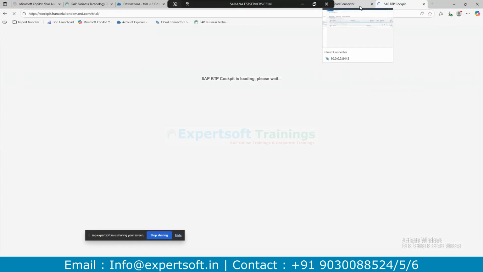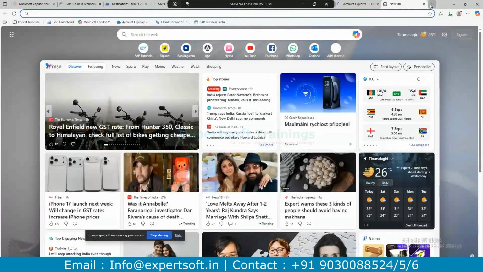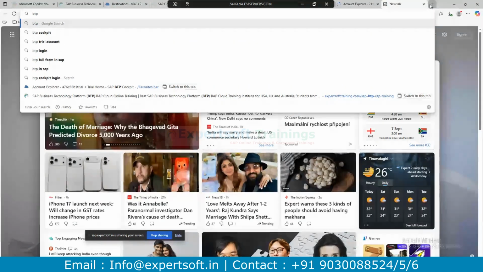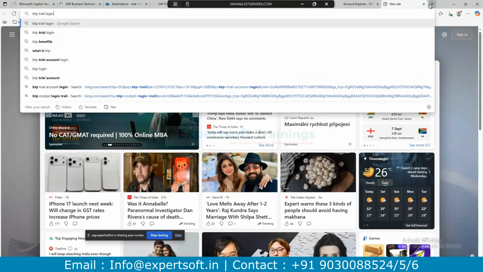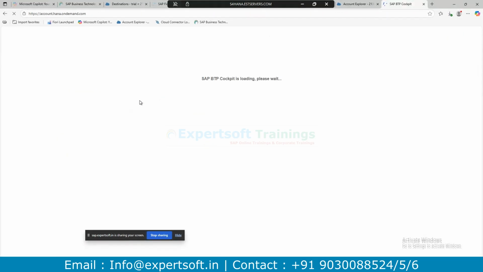Once you have the account in SAP, a P user ID will be generated. Once you have the P user ID, then go to the cockpit, HANA trial on demand. You can also access it directly by coming to the BTP trial login, the BTP cockpit.